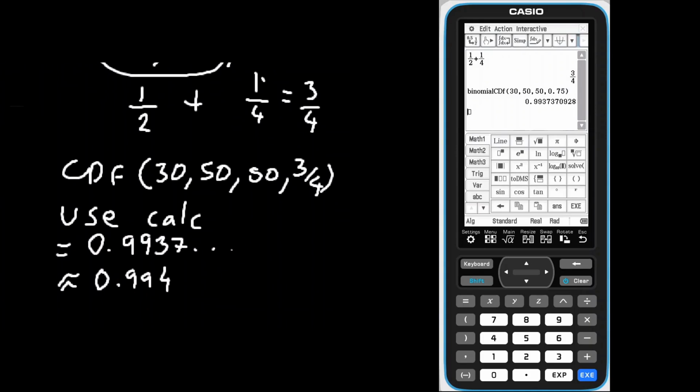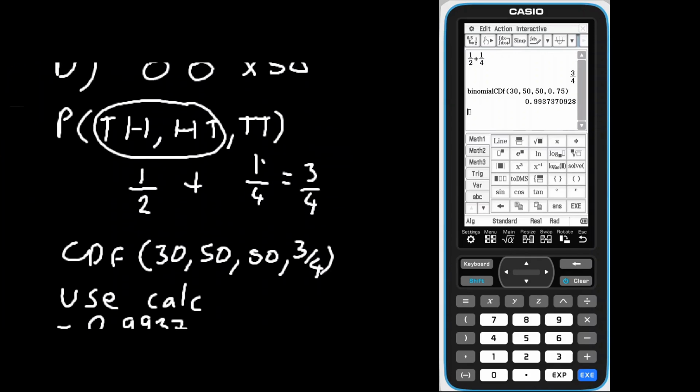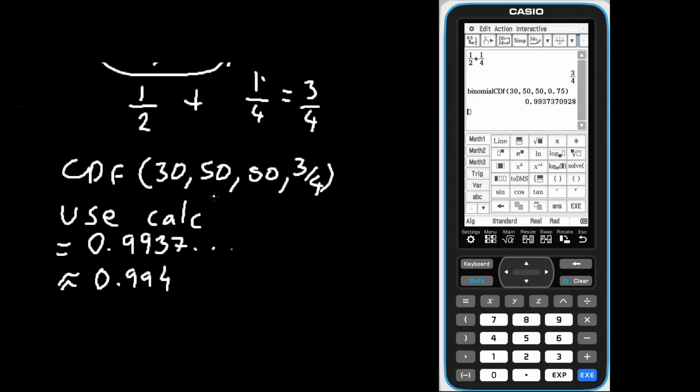Okay, and so that is our final answer. Hopefully that makes sense about using the CDF function and the PDF function. That last question was a little tricky, I guess, because the wording, having it say at least one tail at least 30 times, the double at least is a bit confusing. But hopefully that makes